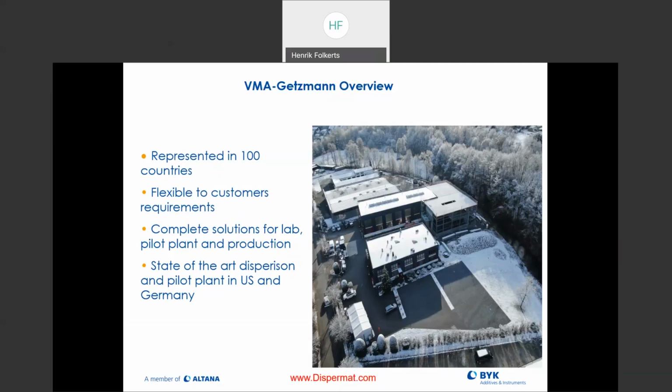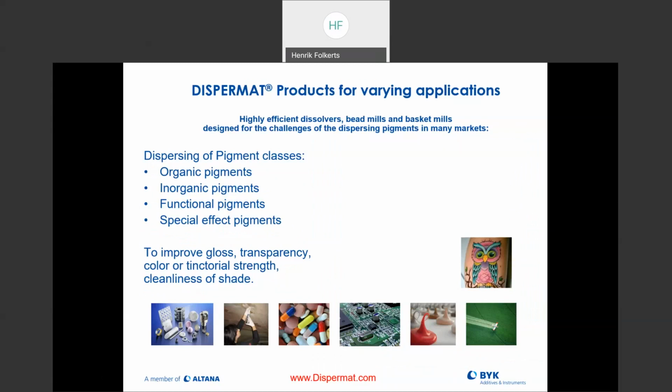We have a beautiful lab that we have at Wallingford with BYK Additives. And we dive right in. So we want to talk about the dispersion. So we have different type of pigment classes. So organic pigments, and then obviously it's a very popular type of dispersing parameters because you don't want to destroy